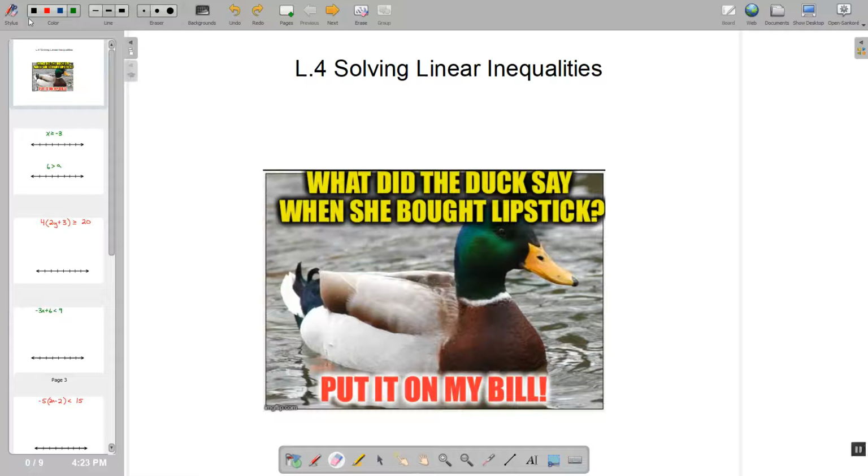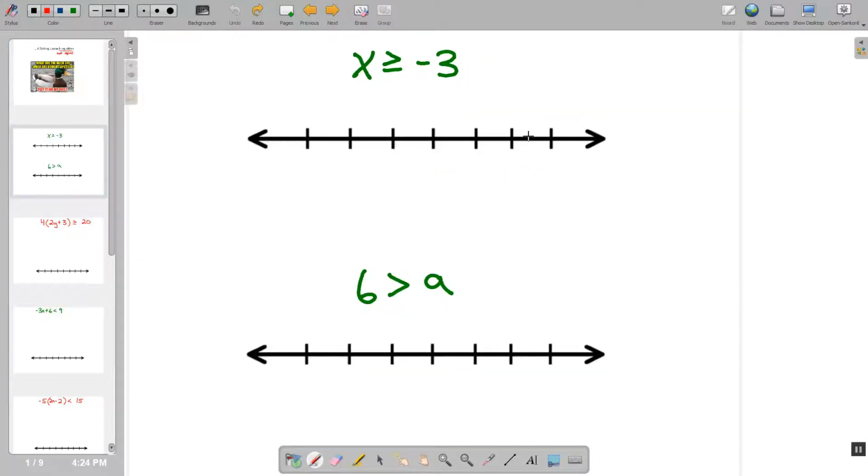At this point, we've been solving equations, and equations always have an equal sign in them. This video is going to start us working with inequalities, which simply means not equal. So we are most likely going to be looking at problems that will end with something like this that you've probably seen before. This top inequality is written and said as x is any number that is greater than or